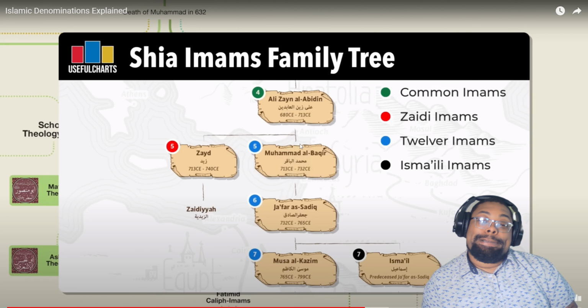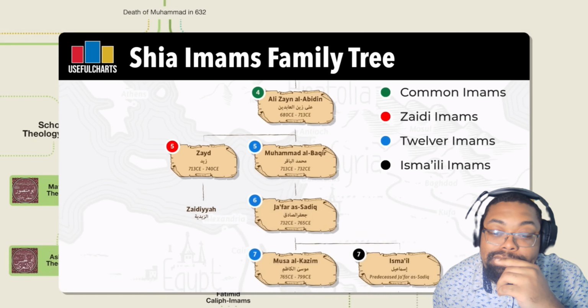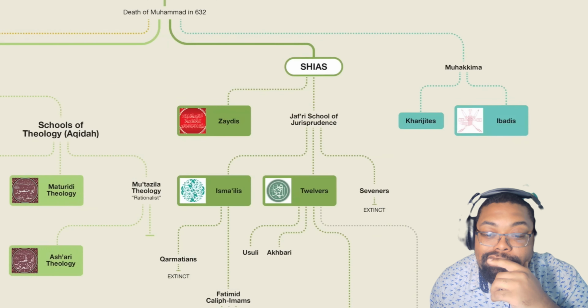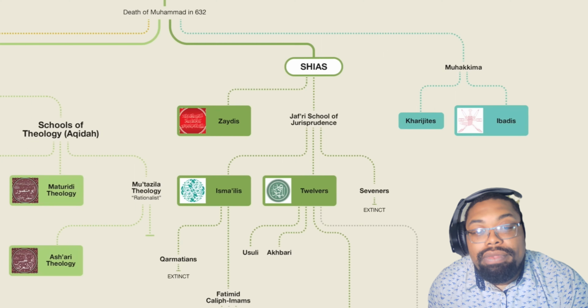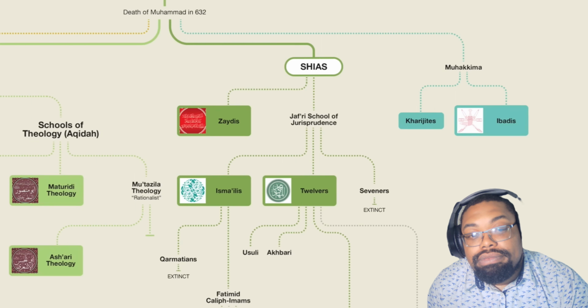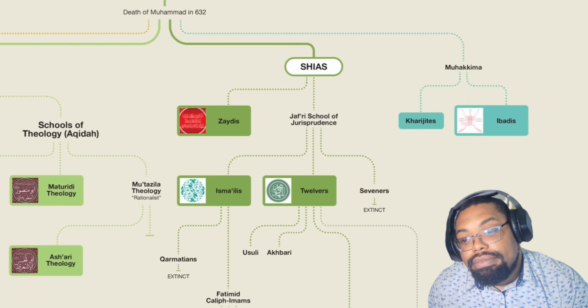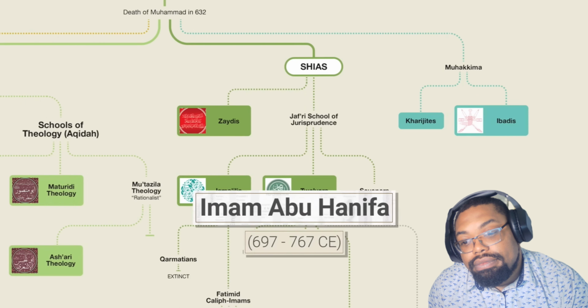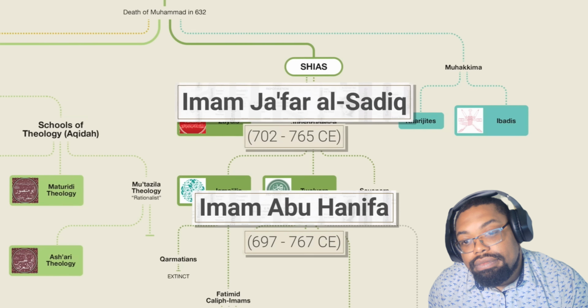The Shia Imams, so be sure to watch that one to get a better understanding of their individual lines. But anyhow, Shias believe in the infallible Imams from the descendants of the Prophet. While these Imams were alive, they didn't need to form schools of jurisprudence in the same way that Sunnis had to, but eventually they did as well. I think an interesting point of how flexible the Shia-Sunni split was early on is that the founder of the Hanafi school, the biggest school of the Sunnis, was a student of Imam Jafar as-Sadiq,